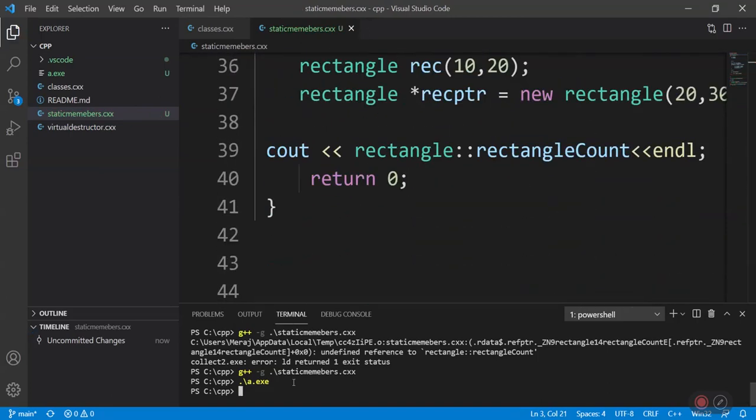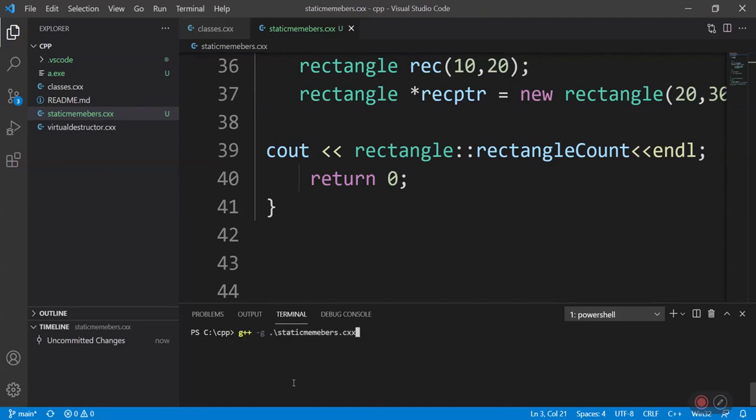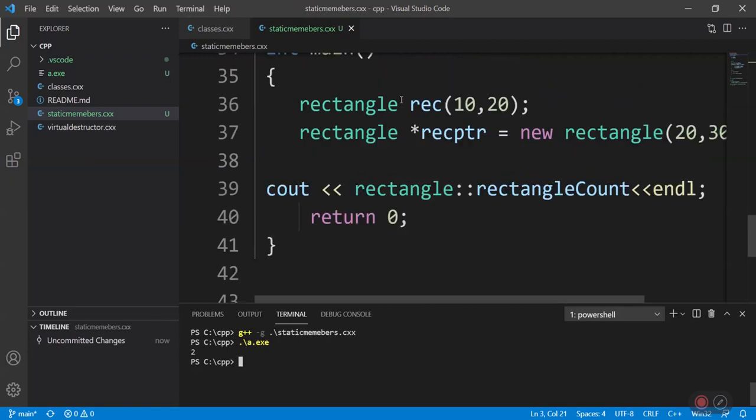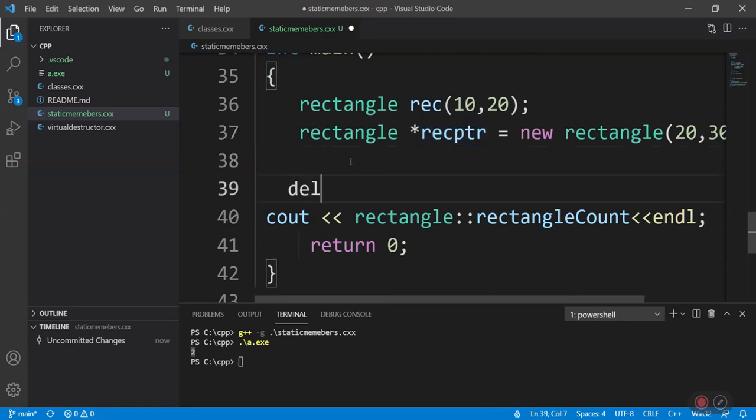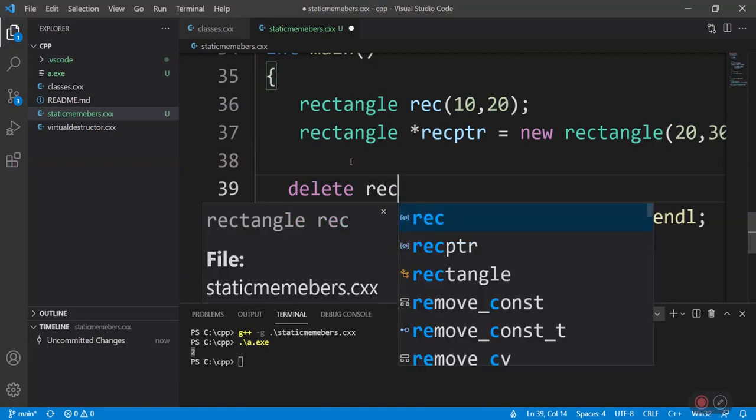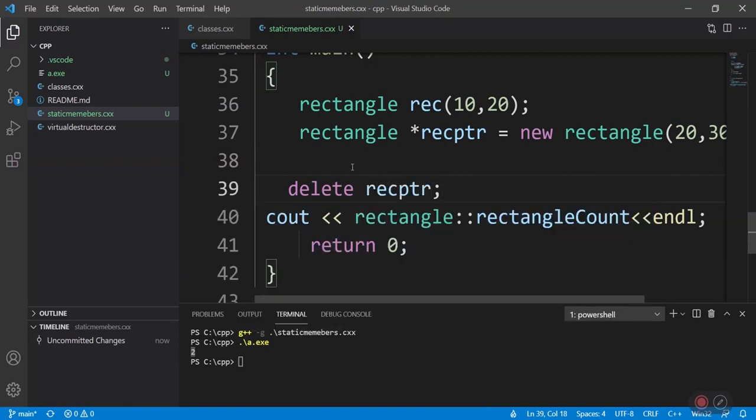Okay, let's try and compile this now. Yep, we created two objects. One is rec and one is rec-ptr. So we have the count 2. Now let's try to delete this rec-ptr and let's check the count again.